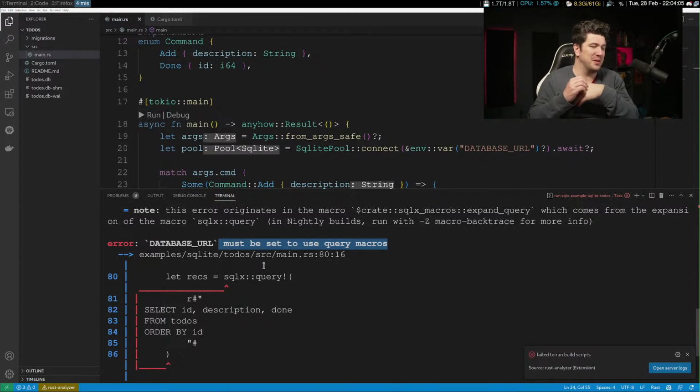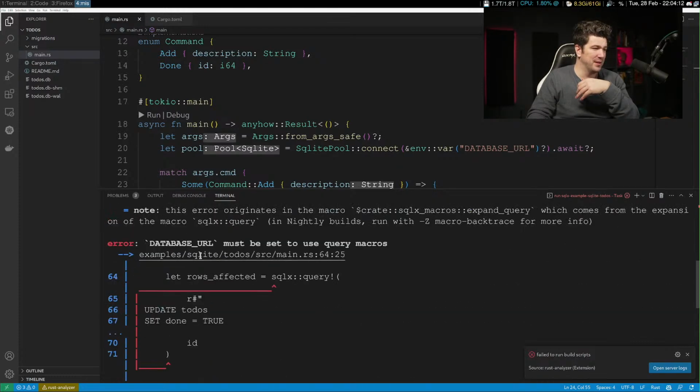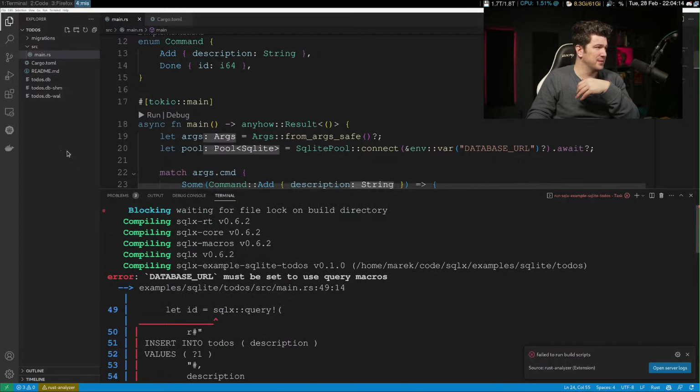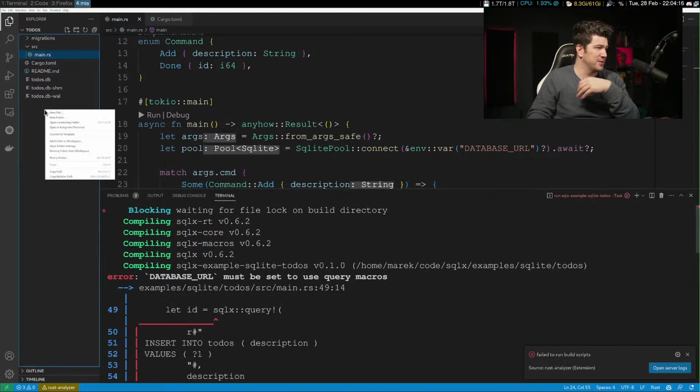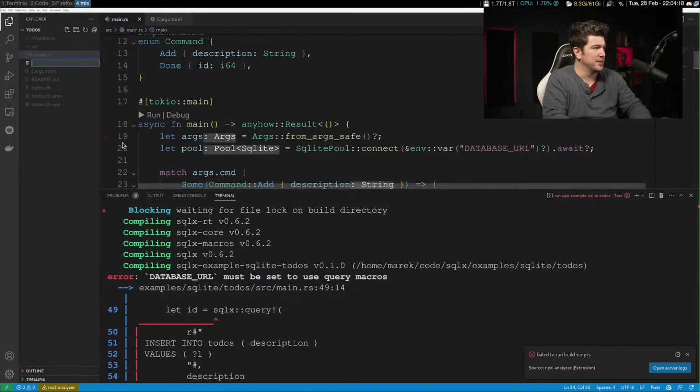This was the really weird part. To use query macros, you have to have a database URL environment. And it's going to complain through all these. So there is no .env, so we're going to create a .env.